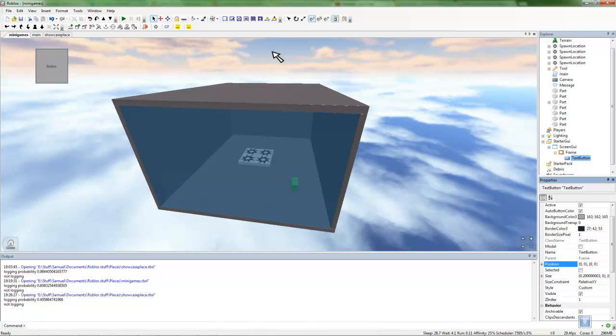0.5 would be 50% of the entire screen, or whatever it's inside. So if it's inside the frame, 50% of the frame. But there is another option, because remember, scale will stay the same. So if it's on a small screen, it will be half of a small screen, and on a big screen, half of a big screen. However, if you used